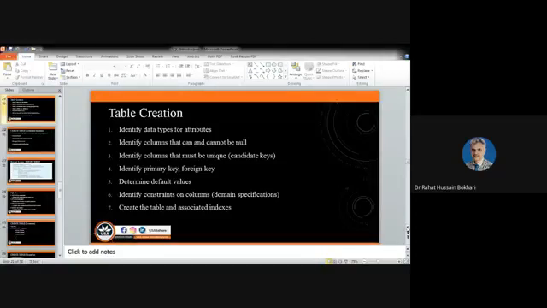Furthermore, you have to think about which attributes of that entity type we are likely to collect or gather in order to prepare our database. For example, if I am dealing with an entity that is student, there should be the name of the student, there may be the registration number of the student, there may be courses registered by the student, there might be his hobby, and so on.